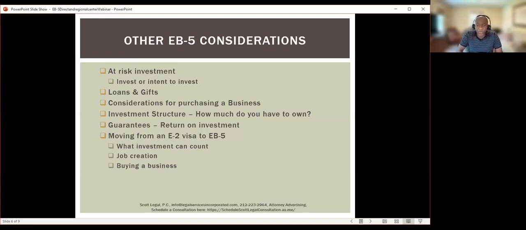And I think we talked a lot during the presentation about moving from E2 to EB-5, but I just listed there some of the differences, maybe some additional ones. E2 has not a specific investment amount, whereas EB-5 does. Not all investment can be counted in EB-5. The link to job creation has to be there, whereas that doesn't have to be there for E2. If you buy a business, all of those jobs will count towards the general E2 job creation requirement. So yeah.